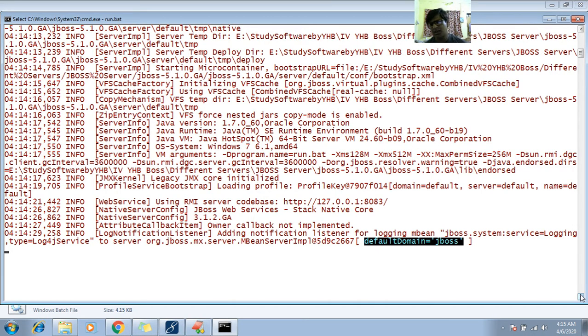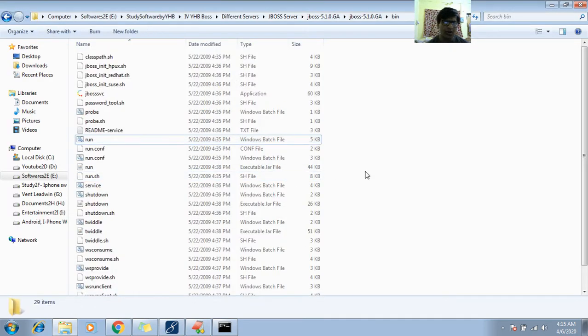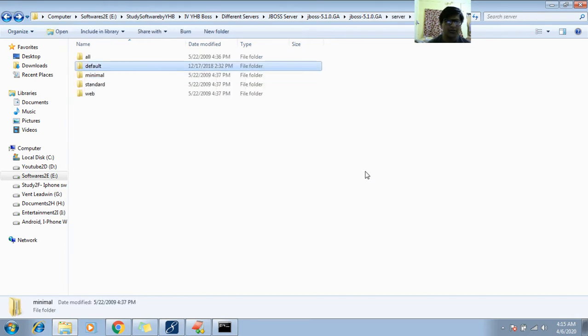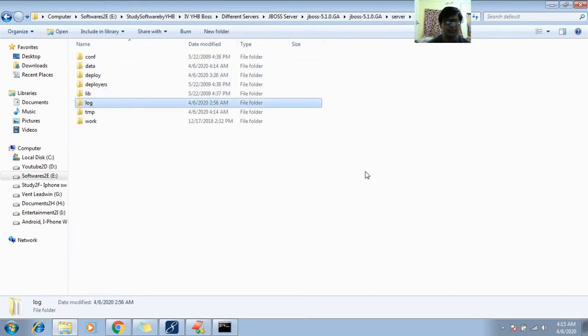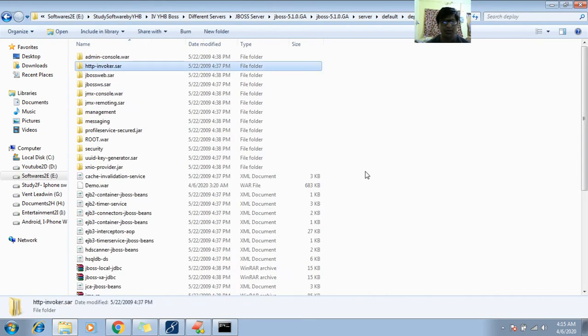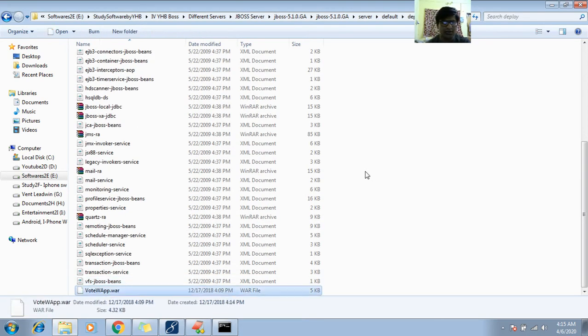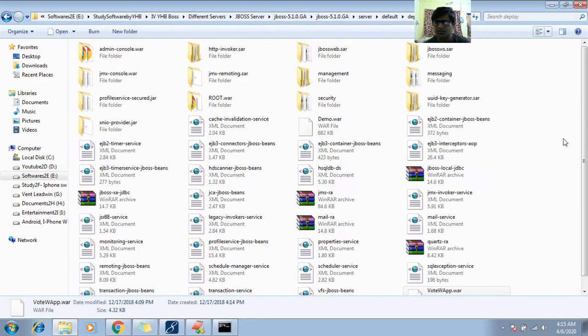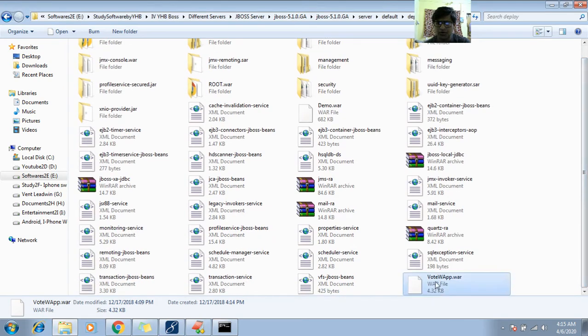Until it has to start, let us wait till then. So I'll show you. Last time we deployed around, I don't know where exactly, where is the default domain. So go to server, default, you will find here deploy, and water is there. Yes, water web app. Okay, so tiles. So scroll down, you'll find water web app.